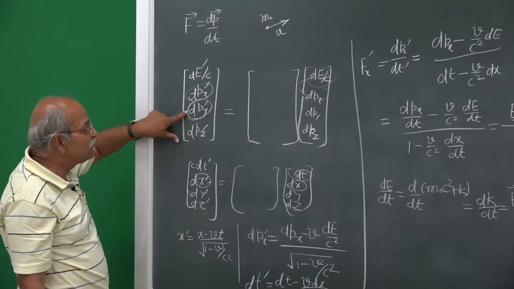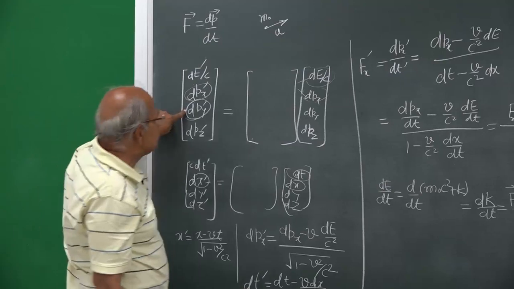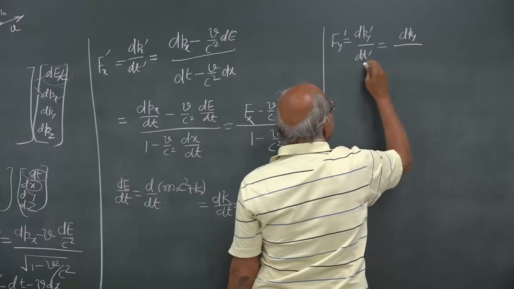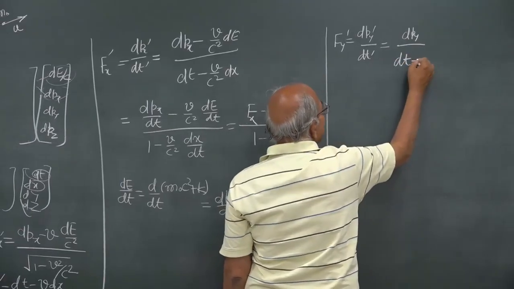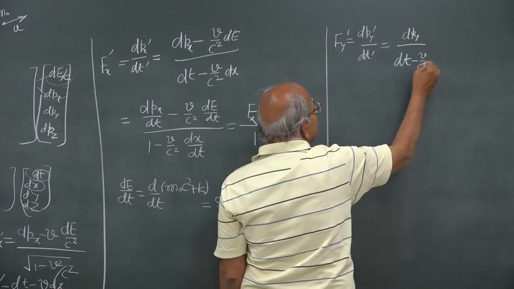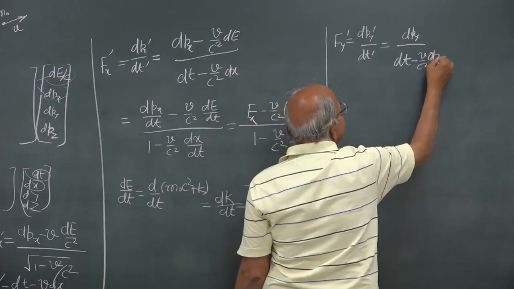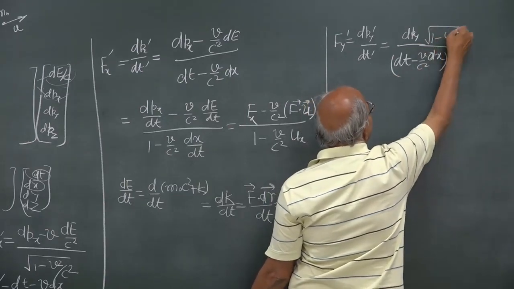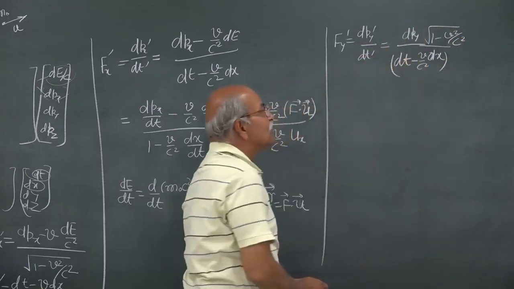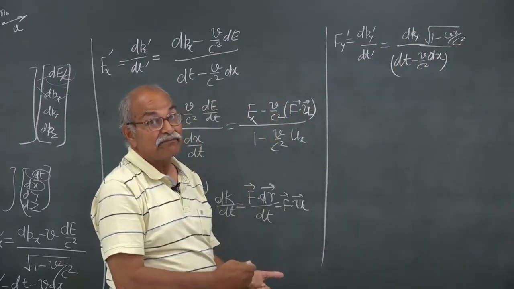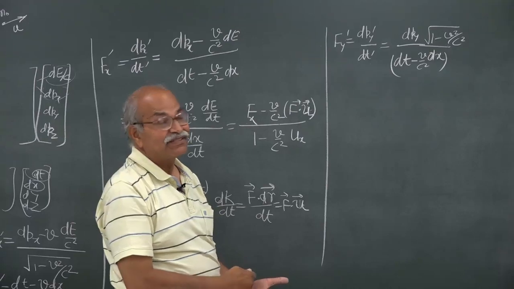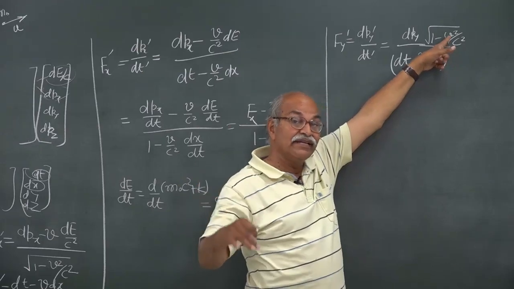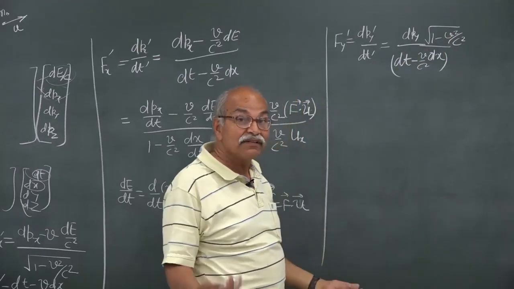Similarly here dpy prime will be just dpy, and then dt prime is of course dt minus v by c square dx, divided by square root of 1 minus v square by c square. Remember, v is the frame velocity and u is the particle velocity in S frame. Make this difference. This v is the frame velocity which is coming in the Lorentz transformation, and u is the particle velocity in